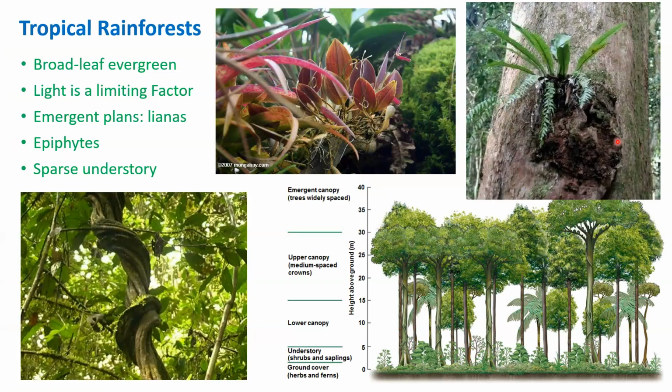So one last point I want to show is this is the canopy component, right? And there are a few trees that emerge away from the canopy. I don't think that part is very clearly shown over here. So this is the actual canopy, right? And then right underneath the canopy you can have a lower, secondary canopy, but the actual understory, if present, is very sparse, right?